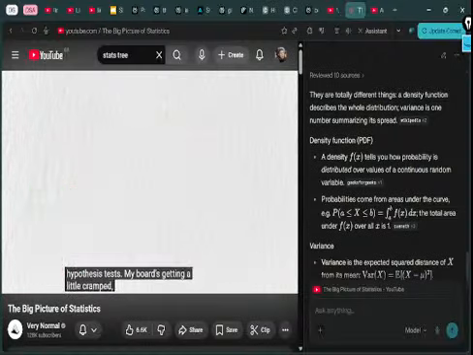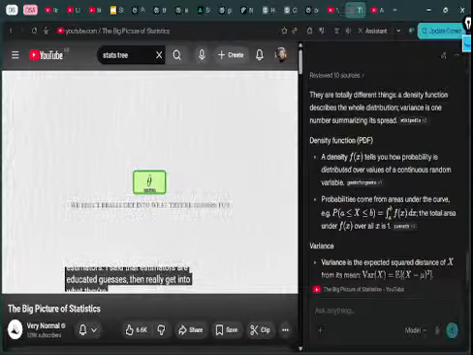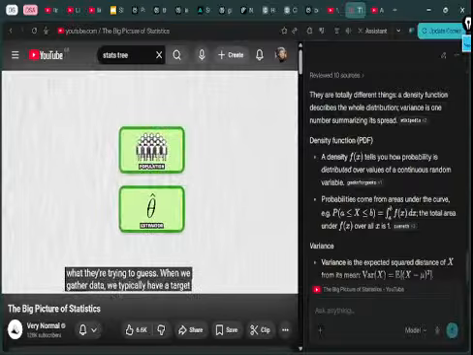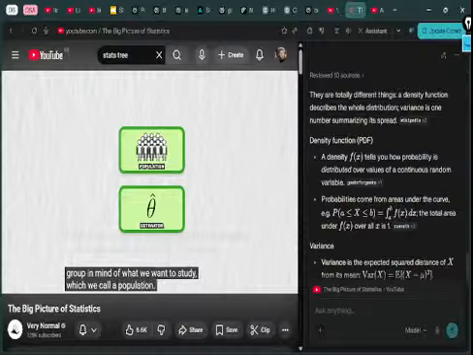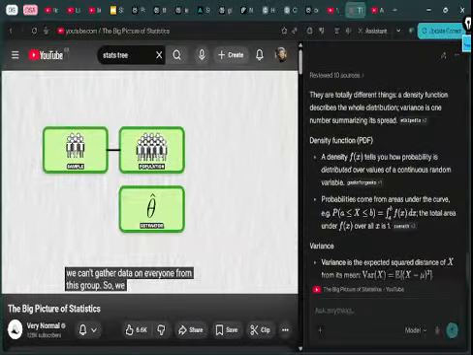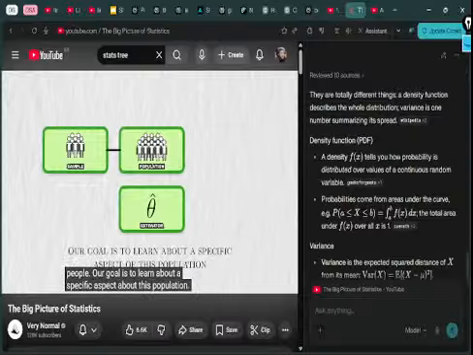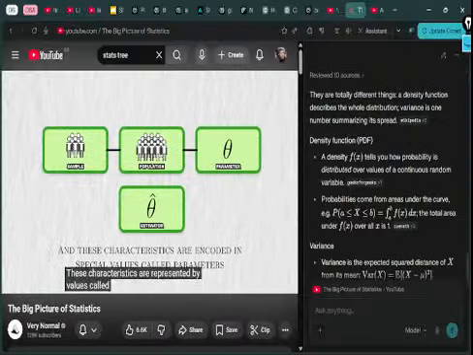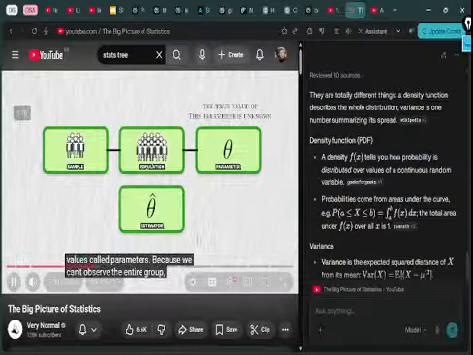My board's getting a little cramped, so I'm going to clean up things so we can start back with estimators. I said that estimators are educated guesses. We didn't really get into what they're trying to guess. When we gather data, we typically have a target group in mind of what we want to study, which we call a population. In practice, we can't gather data on everyone from this group, so we collect data from a sample with a reasonable amount of people. Our goal is to learn about a specific aspect about this population. These characteristics are represented by values called parameters. Because we can't observe the entire group, the exact